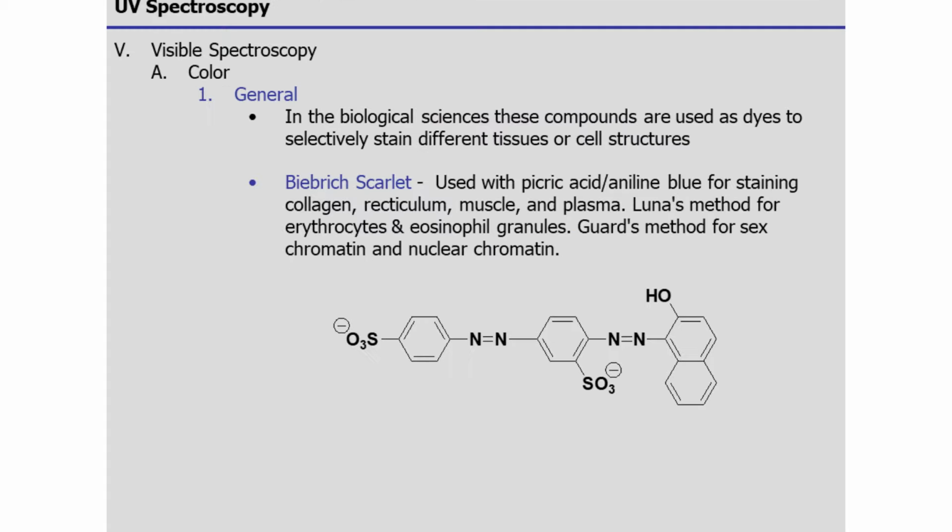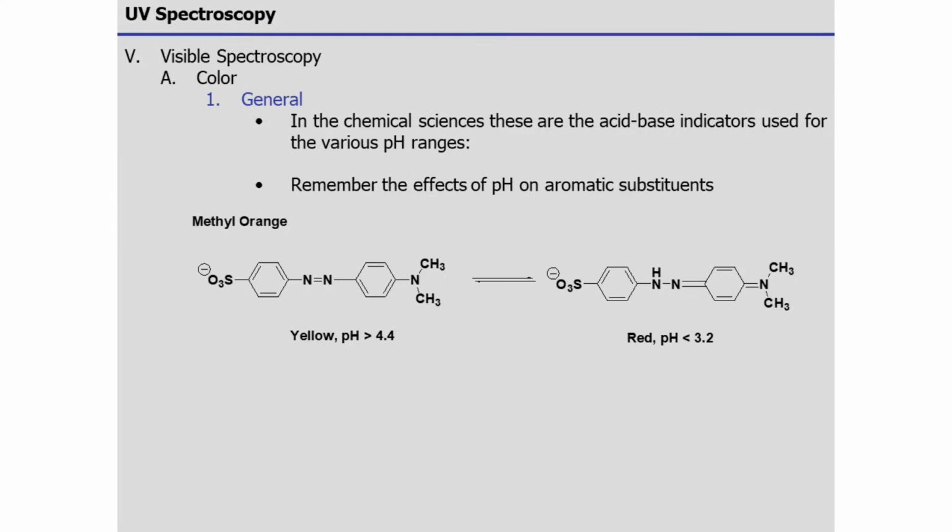products. In biological sciences, azo dyes like Biebrich scarlet are used to stain tissues or cell structures selectively. These dyes help in visualizing different components under a microscope, aiding in biological research. In chemical sciences, azo dyes serve as acid-base indicators, changing color with pH variations. Methyl orange, for example, shifts from yellow to red as the pH changes, demonstrating the effects of pH on aromatic